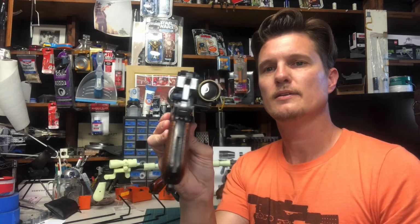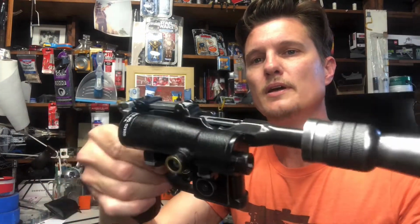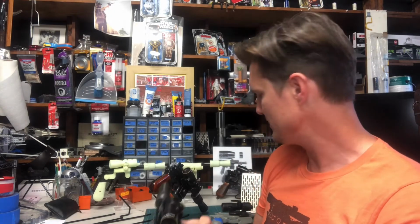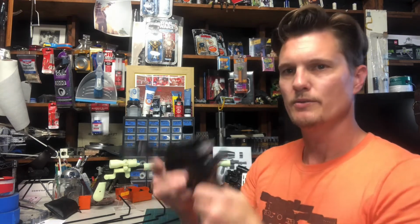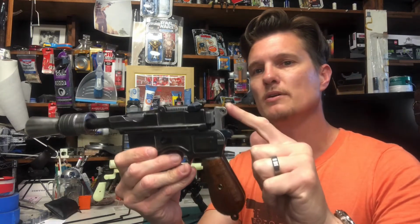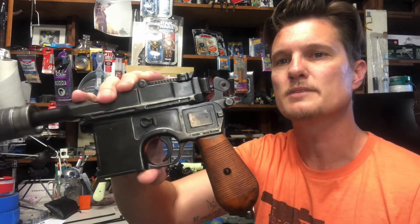And it brings out the details really nice. But yeah, that's basically the three things that you can do to it to improve it. The three variants, you know, to take your Denix to a new level and really create it. So sorry, this one here as well has a new hammer. So not only did I change the hammer out on the Denix Mauser,